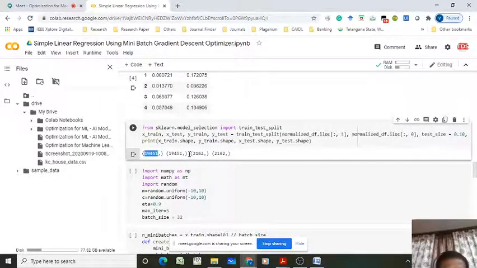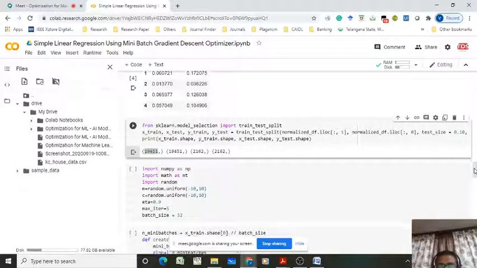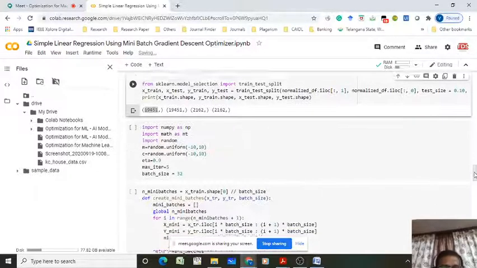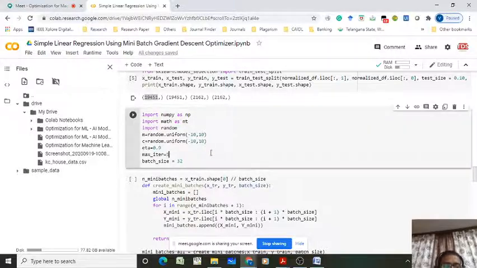19,451 samples in the training and 2,162 samples in the testing. Because of the large data set, it may take a long time to run on Google Colab. So you can try it later with a larger maximum number of iterations, 100 or 10,000, and see how much time it takes. But for the demonstration, I am taking only 5 iterations here. Don't expect better performance with 5 iterations, but because of the time constraint, I am keeping it at 5. If you have a high-end computer or your Google Colab supports it, then you can go with a higher number of iterations. And batch size equal to 32.